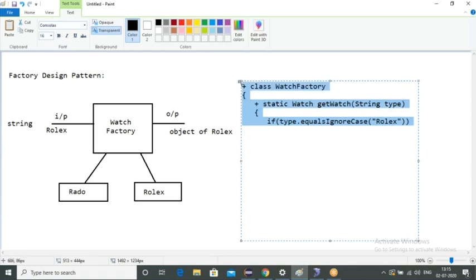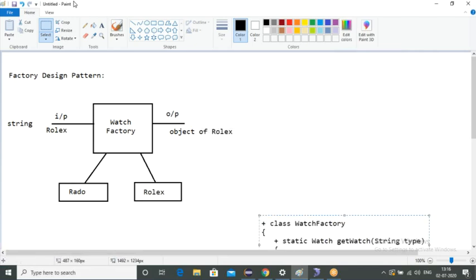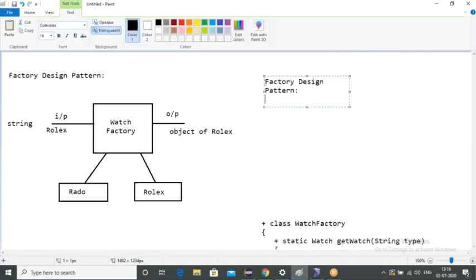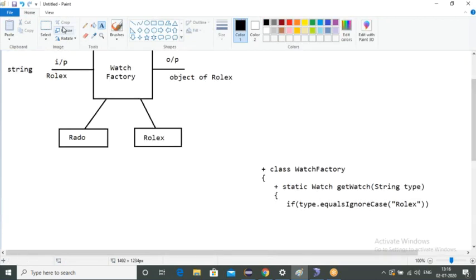One second. Once again, guys. Oh, the same issue once again.